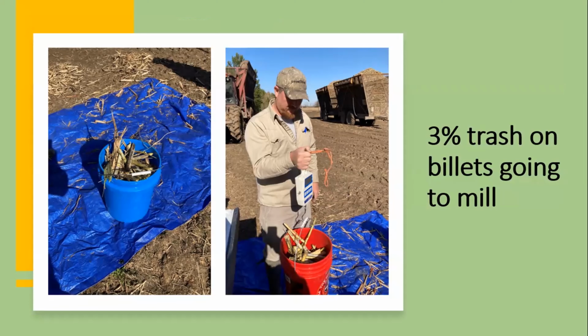One other thing we did was we measured the billets going to the mill, and the harvesters are really doing a good job. About 3% trash in the billets going to the mill, so the billets are real clean. And so putting that trash in the furrow really has a lot of implications, especially when you're harvesting under muddy conditions in some of the real clay soils that we have, where we're really making ruts. Putting that much trash into the furrow really supports the harvester quite a bit,